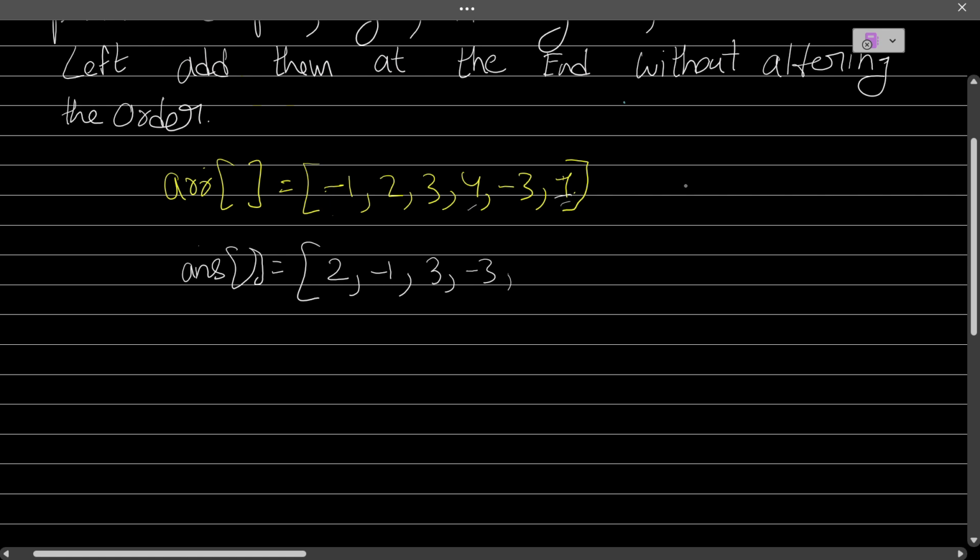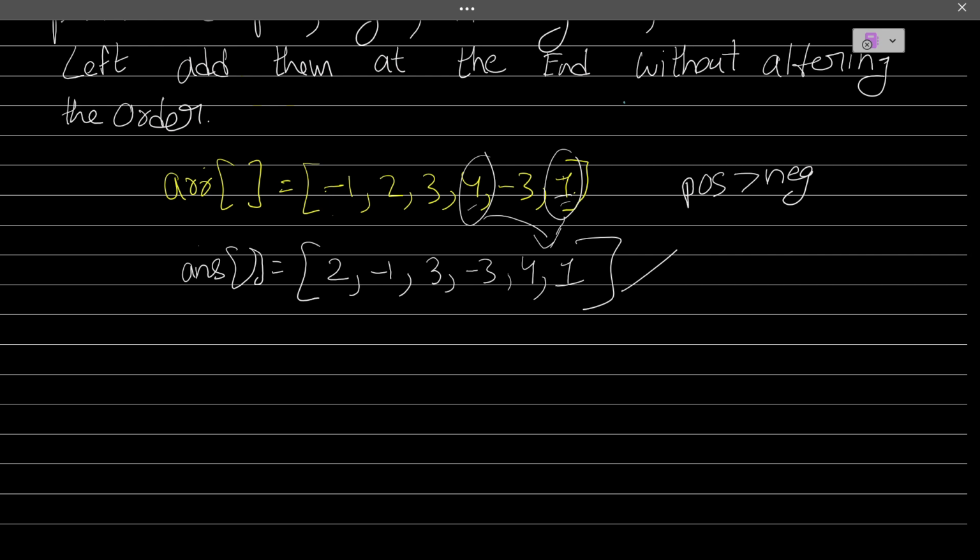This is the condition for positives greater than negatives. Here the positives are greater than negatives, right? So what I'm going to do is put these both at the end of the array. They have told you to do this. Yes. So for this, what we're going to do is,